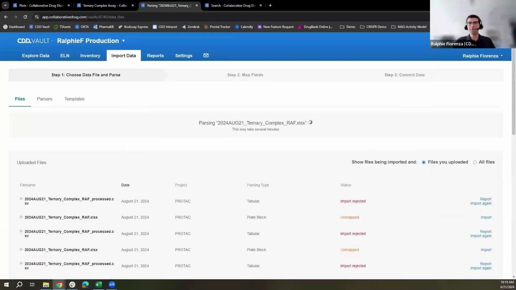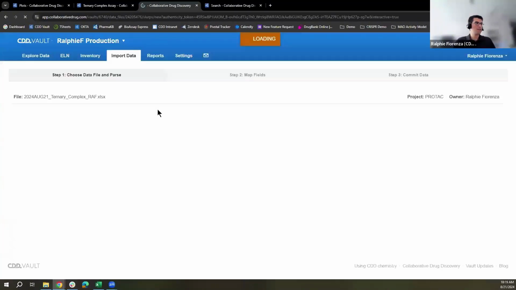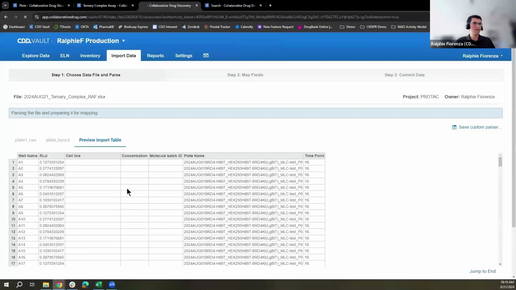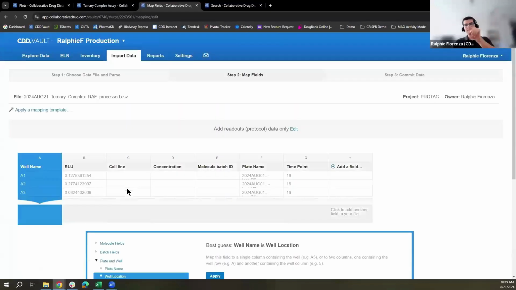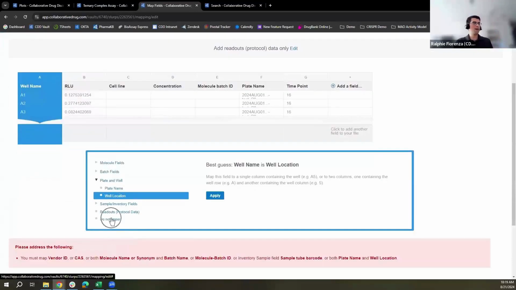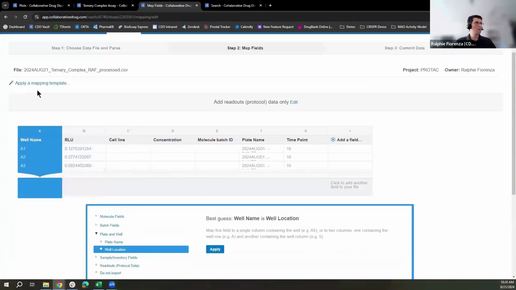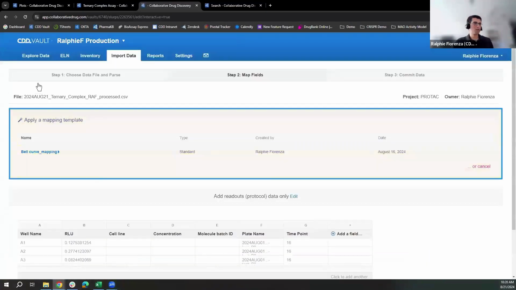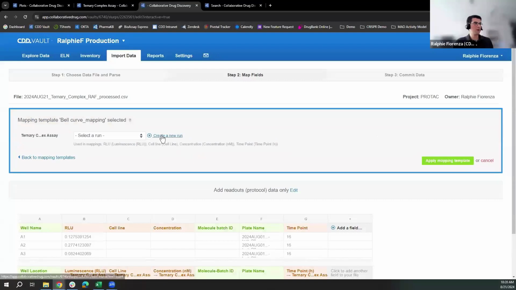I simply click Upload File. CDD Vault will take us to this page where we've organized the data into that tabular format, and then automatically take us to the mapping step for our protocol readout definitions. I could choose to individually click through and map my plate and well, cell line, etc. information, but what I've done in this particular case is I've saved a mapping template to further automate this process for myself. So I would collect bell curve mapping, create a new run,